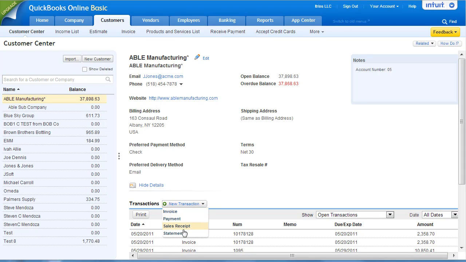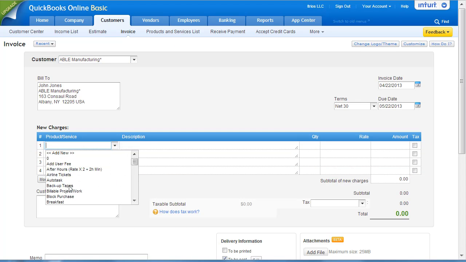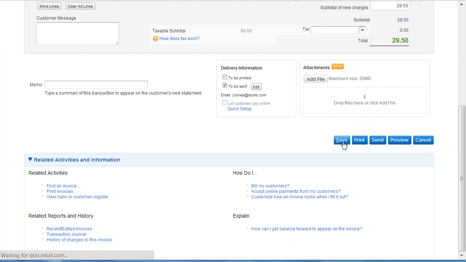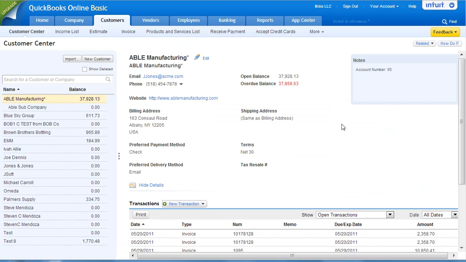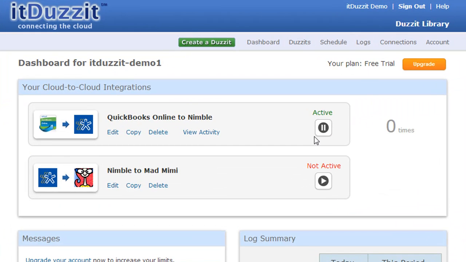So I'm going to create an invoice in QuickBooks Online. I'll select an item here, backup tapes, and create an invoice. So now itDuzzit will check every 15 minutes or so for new data. But if you want to run it right now, you can just deactivate and start it again, and then that integration will go through. So while we're waiting for that, let's go ahead and activate this integration and then modify